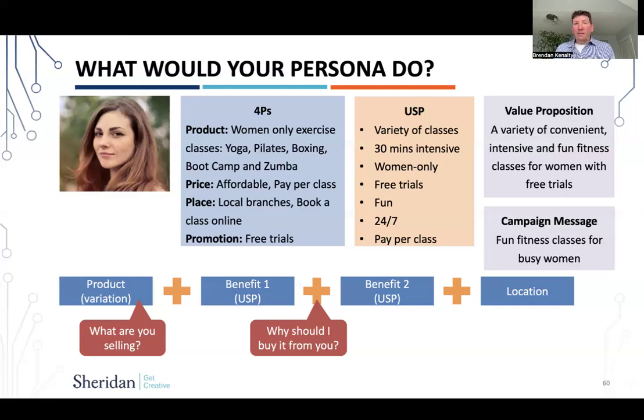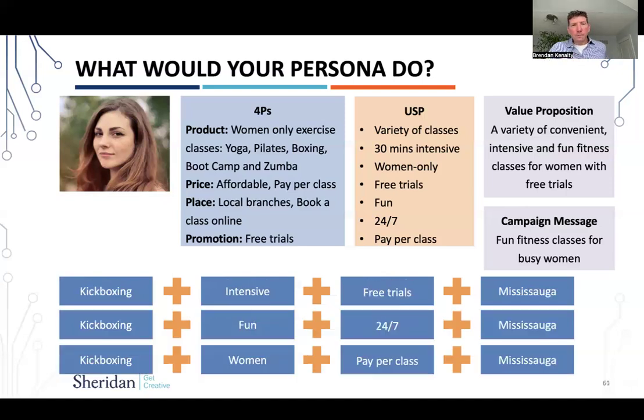What are the benefits? They're flexible. They're only 30 minutes. What's another benefit? So again, go into our USP again. It's fun, right? Free trials. And then what's the location? Mississauga, right? So now you're starting to build some content that would appeal to Julia based on what she's looking